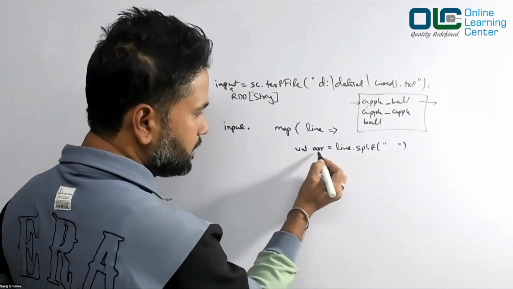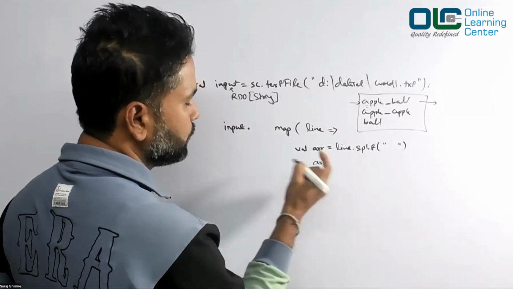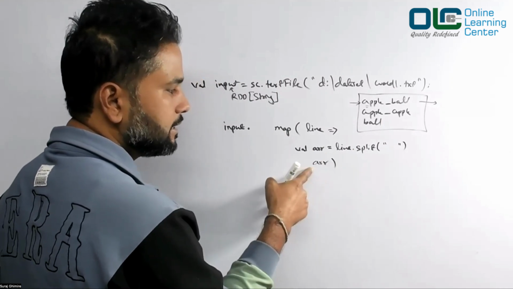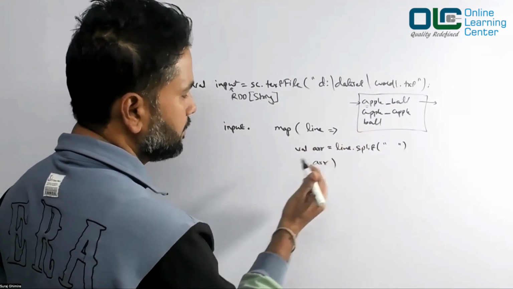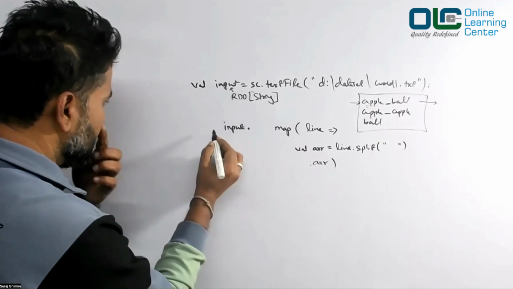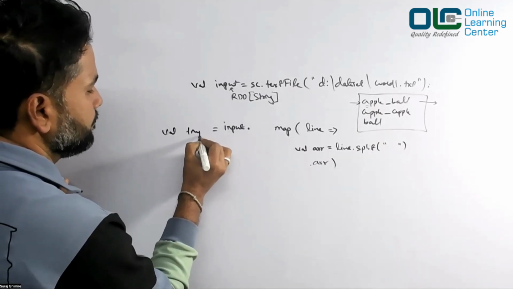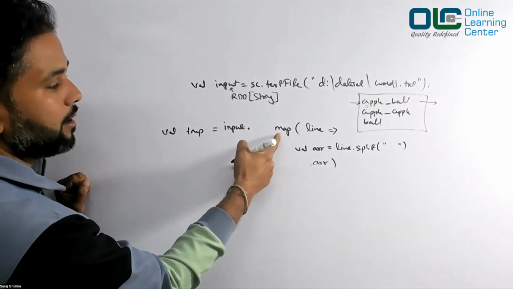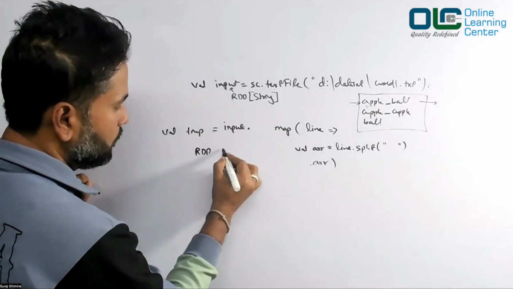Now if I return this array back, because you know that maps should return back something. Okay. If I write something like this, then what will happen? This input is broken down into pieces, and you get the next value. I'll say, well, let's say temp, TMP. Now this temp will hold what? This temp is another RDD, because you're doing a map. So this will be another RDD, okay, which will hold